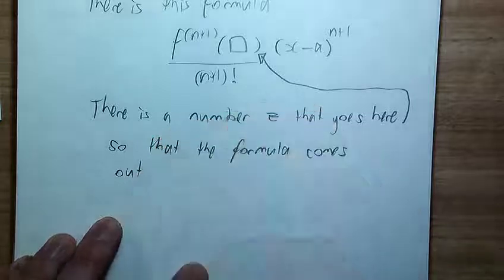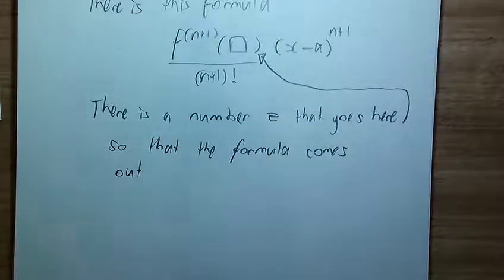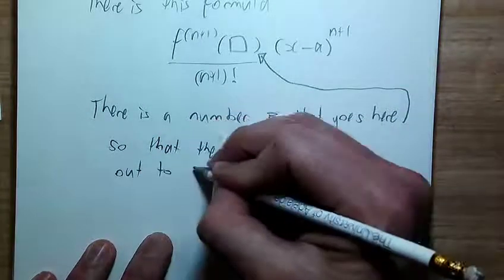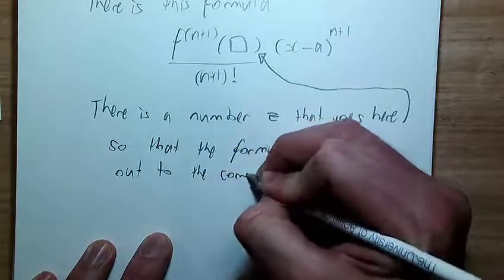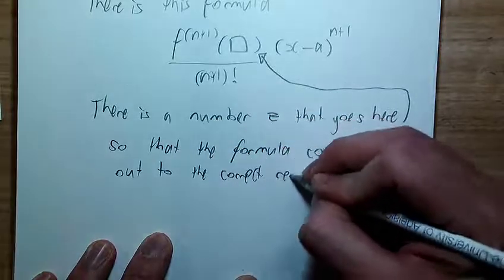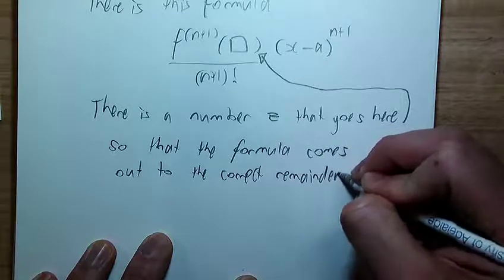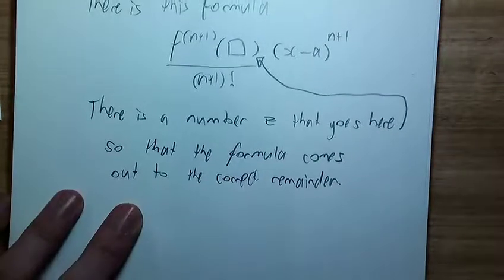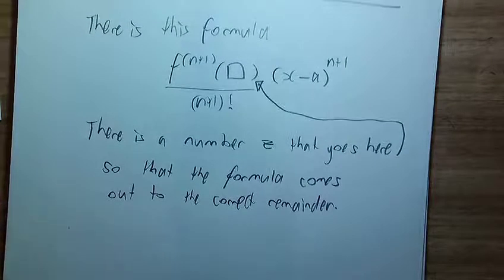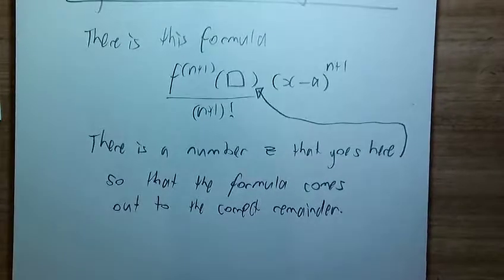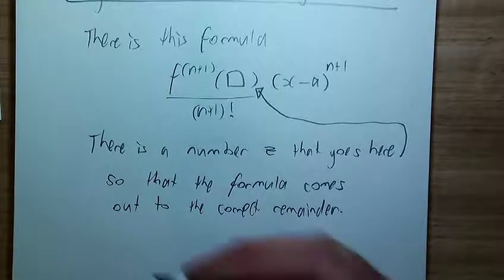So that the formula comes out to the exact correct remainder. That's Taylor's theorem, in my words. I'll write the official Maths 1B theorem that you would put in your exam if they asked you what Taylor's theorem was. But that's my words. So the formula comes out to the correct answer,